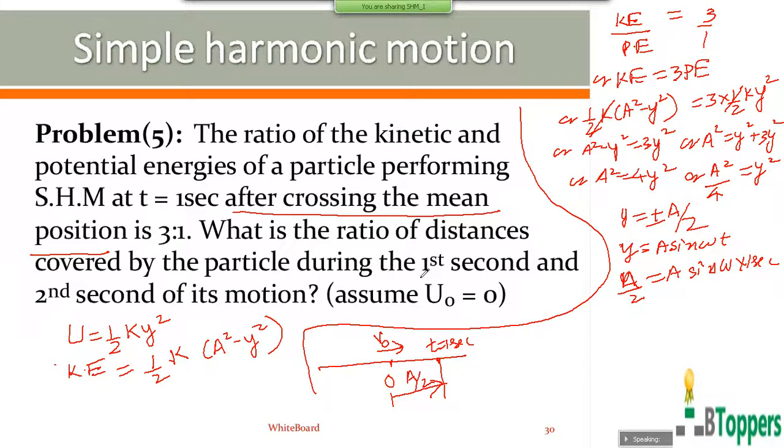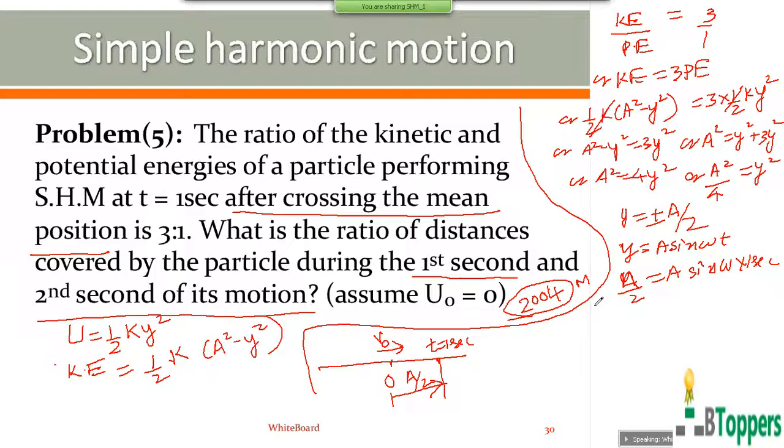A similar problem, not exactly the same, was given in one of the previous MSET exam papers. I think it was given in the 2003 or 2004 MSET medical paper. Of course, it was directly the second part that was given. You are given the time period directly in the MSET question, but here the time period is not given, so it's not the same question.